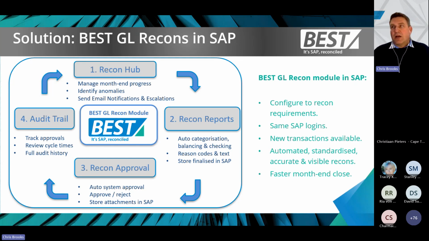The first point there is our reconciliation hub. Now, this is one of our key management reports. It's the culmination of all of your configuration, your master data, that basically tells you how many reconciliations you need to complete in the month. And you'll be able to see the number of recons by company code, by who the responsible people are, and you'll most importantly be able to track that throughout your approval process. So at any point in time, you can see where those recons are sitting.